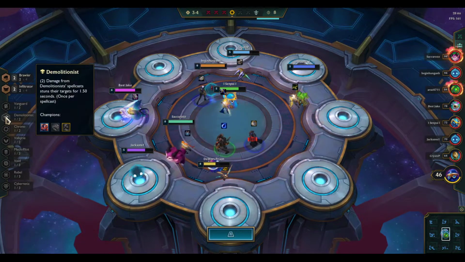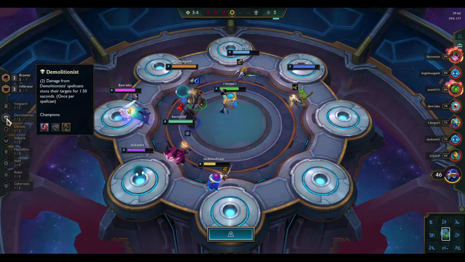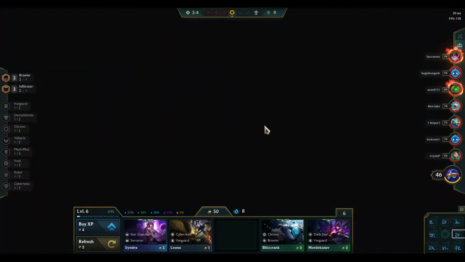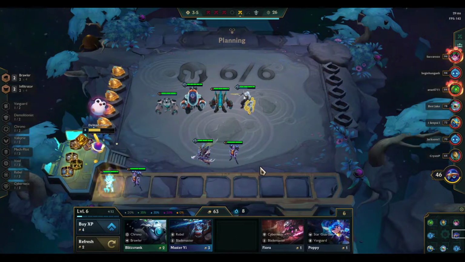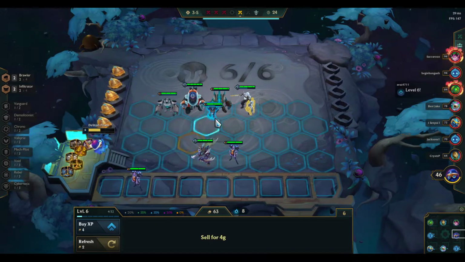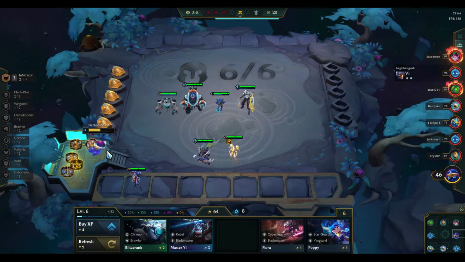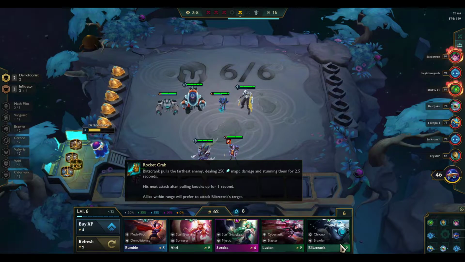The Demolitionist trait, when you have 2 of them, every time a Demolitionist casts their spell, it stuns everyone they hit for 1.5 seconds, and if you've been watching the way Kaisa's spell works, she shoots out all these little bullets at everybody. And look at this. So we hit here. Let's just go ahead and do this now. Demolitionist charge, and let's find...